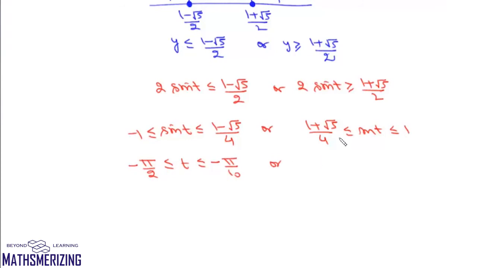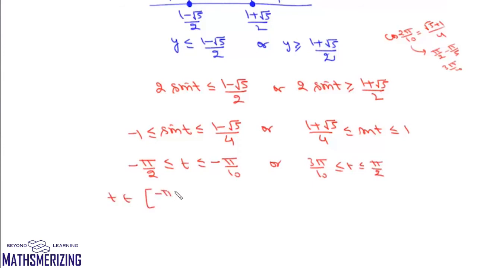Or now in this case, (root 5 plus 1)/4. So we know that cos 2 pi by 10 is (root 5 plus 1)/4, which is cos pi by 5. Now the complementary angle for sine will be pi by 2 minus pi by 5. So that should be 3 pi by 10. So here it will be from 3 pi by 10 to pi by 2. So that means the value of t should lie between minus pi by 2 to minus pi by 10